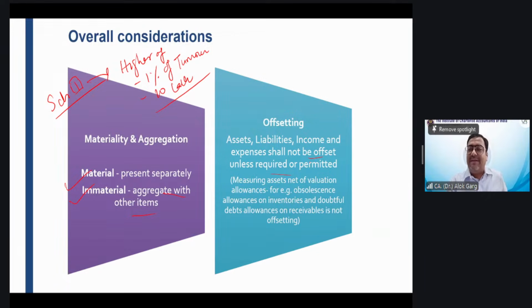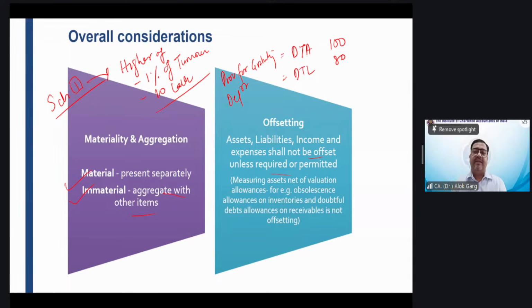On a few items, the company has a deferred tax asset. For example, on provision for gratuity, the company has disallowed the expense and created a deferred tax asset of 100 rupees. Then there is depreciation. On depreciation, the company has created a deferred tax liability of 80 rupees.